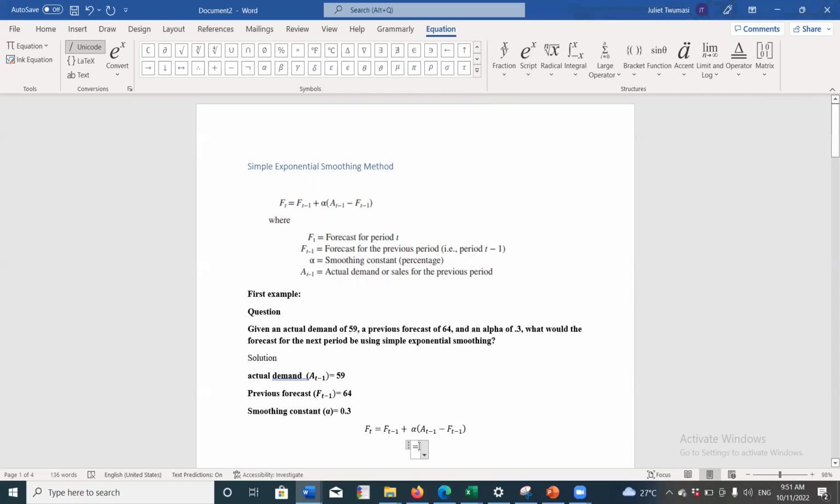So the forecast was 64. The smoothing constant 0.3. The actual 59. The forecast 64 again. Then you close your brackets. So that will give us 64 minus